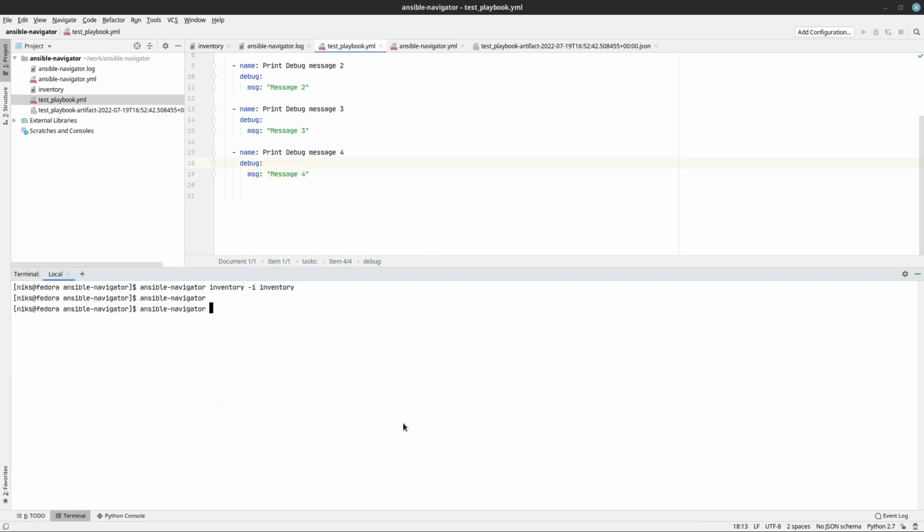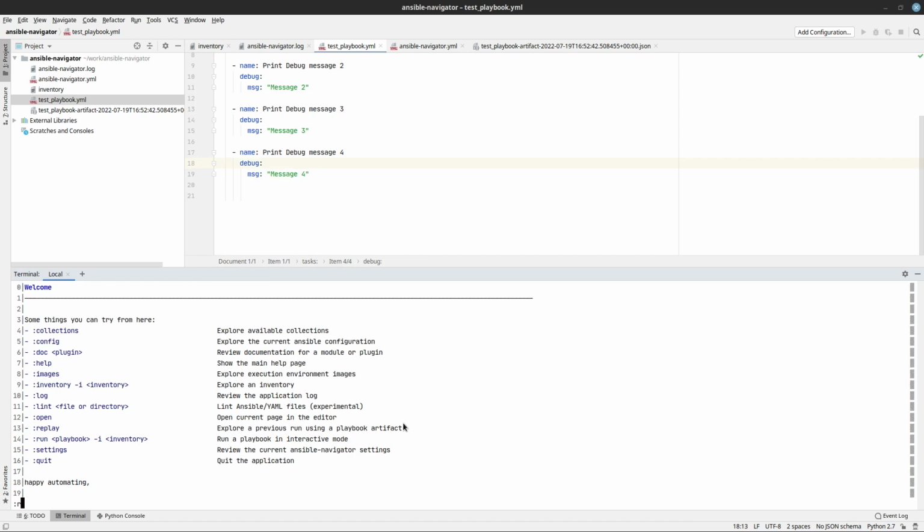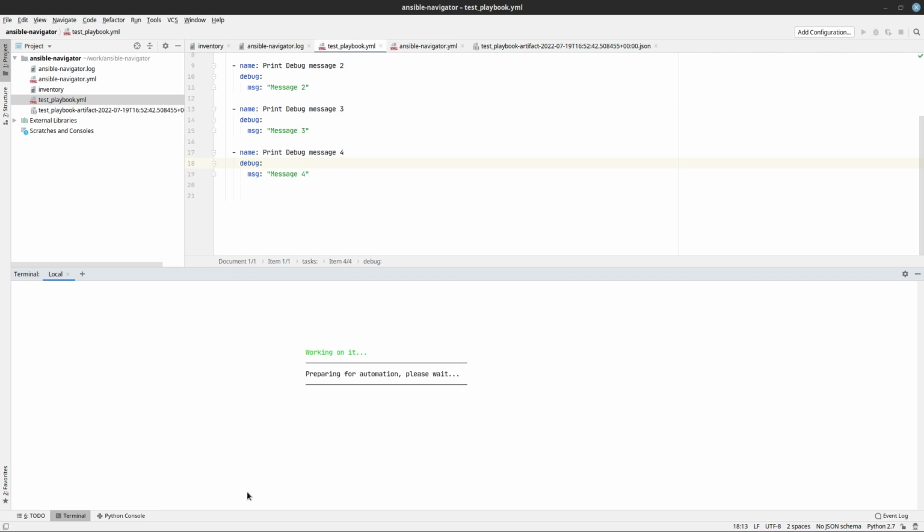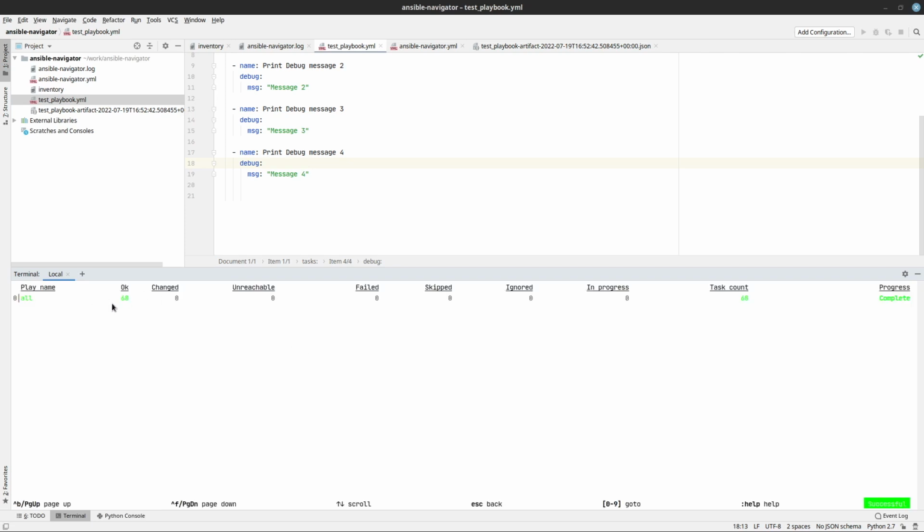So let's go back to Ansible Navigator and let's say run, and I can say test playbook dot YAML and hyphen i the inventory. So now what this will do is it will run the playbook and it will use that inventory that I have defined over here. So if I just press enter, now it will tell me that it has run the